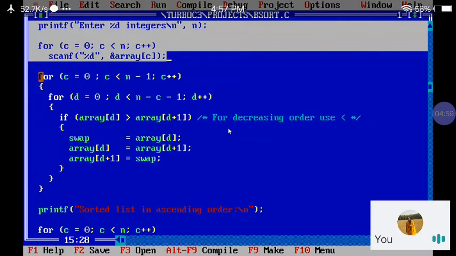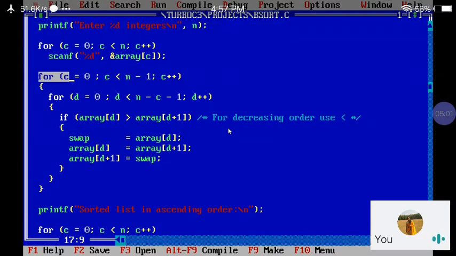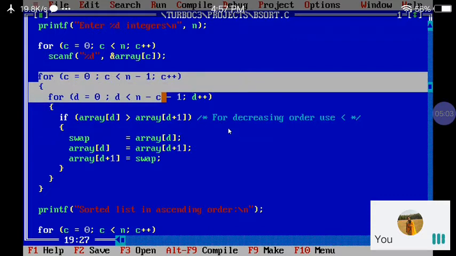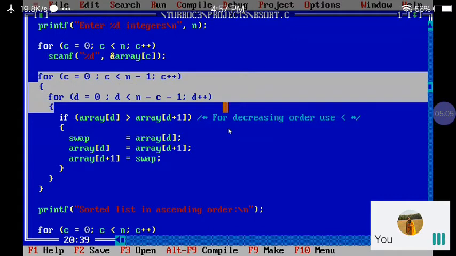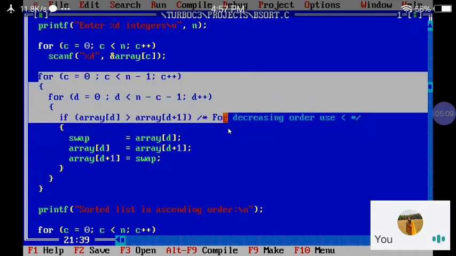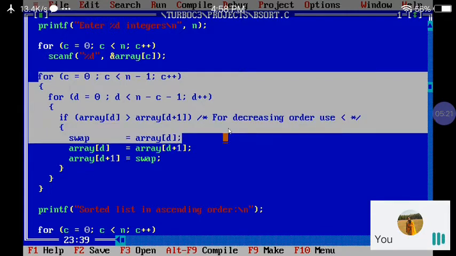For swapping and comparing purposes, I have taken two for loops that are going to work up to the end of our list. So for array of d, we are going to check the condition. For adjacent elements, we check whether array of d is greater than array of d plus 1 or not. If it is greater, then we have to perform the swapping.